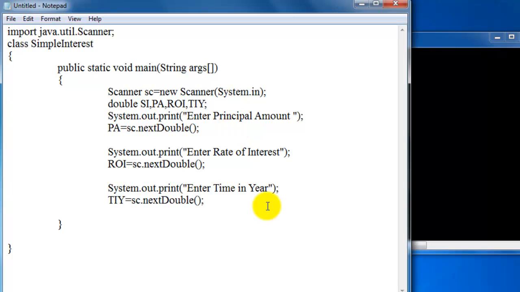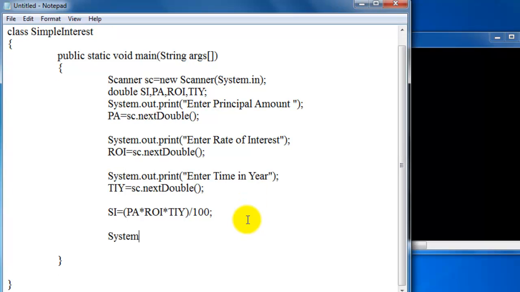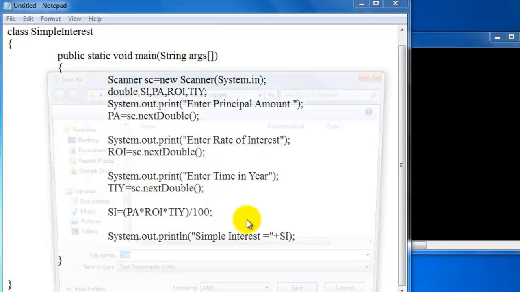Now after taking the input, we need to calculate the simple interest. The formula of simple interest is principal amount into rate of interest into time in year, and the whole value is divided by 100. Now print the output, System.out.println, and write simple interest is equal to plus SI, semicolon. Save this program,